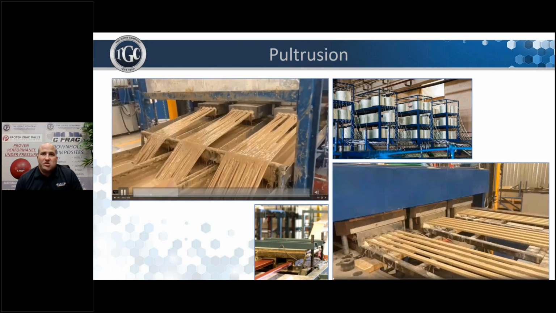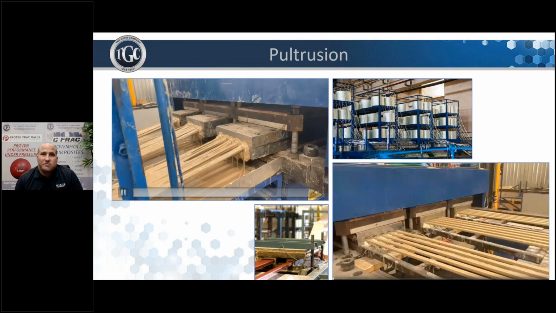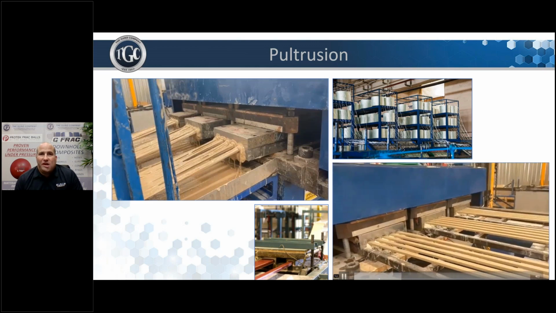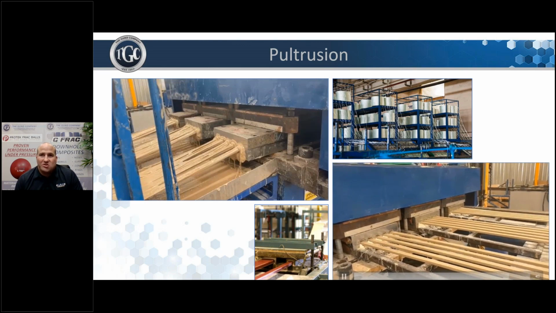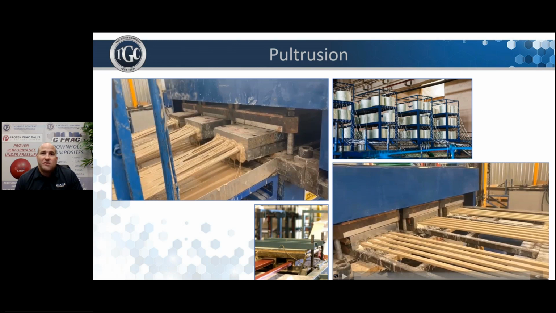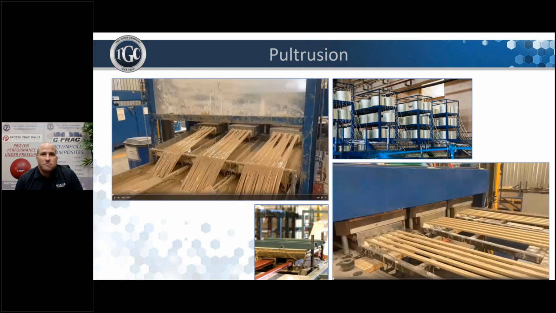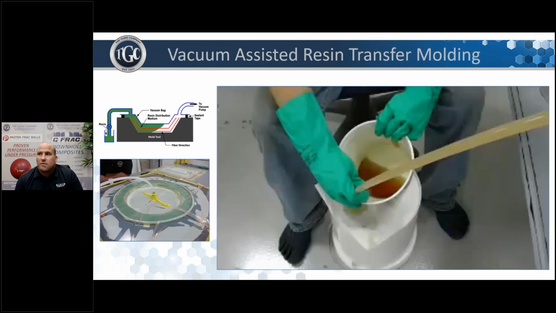The first video here is showing the fiber going through the resin bath and into the die. The second video is showing the fiber coming out of the die fully cured. The sound you're hearing in the background is actually the saw cutting the rods coming off the dies. Pultrusion tubes for rods and pins are probably the main uses in frac and casing tools. If you haven't seen the pultrusion process, I hope these videos were helpful to you. And you get to see it again if you missed it the first time.